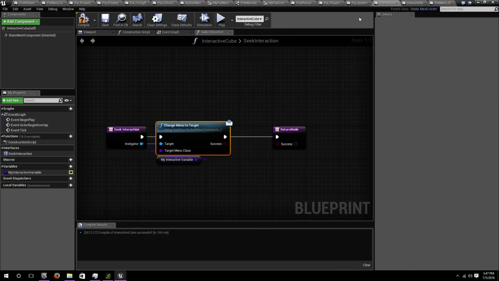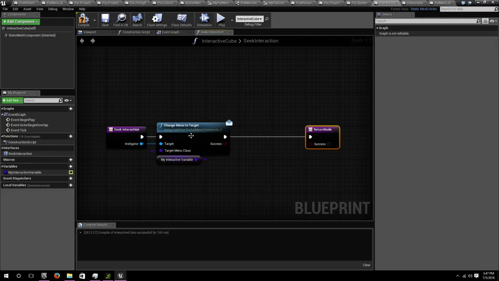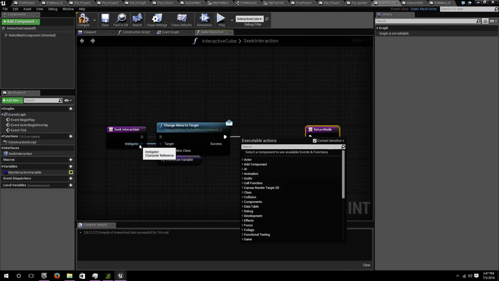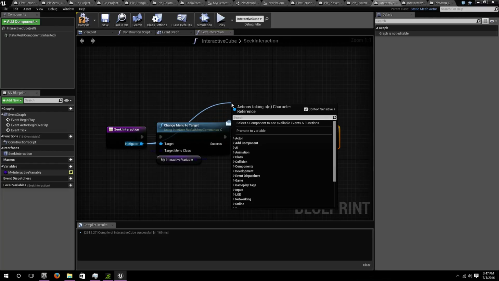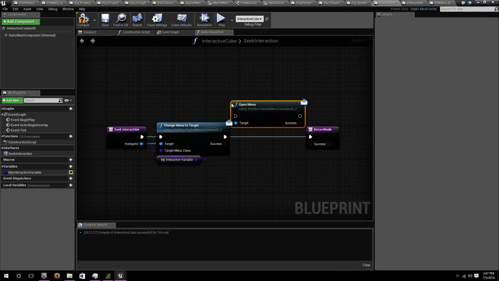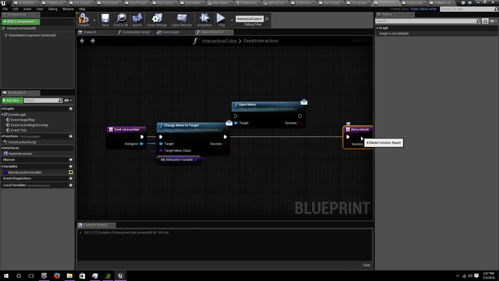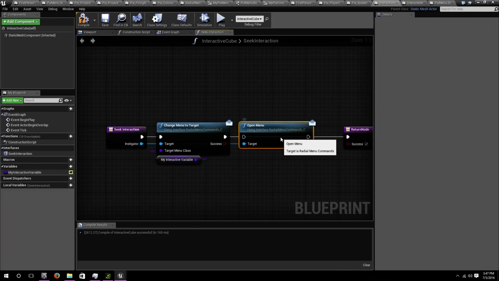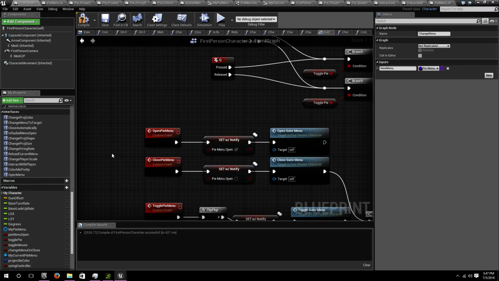So now we go back to the interactive cube. Want to do this first, followed by open menu. Check, check, compile, save, go into first person and make sure